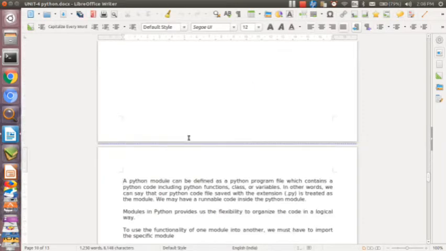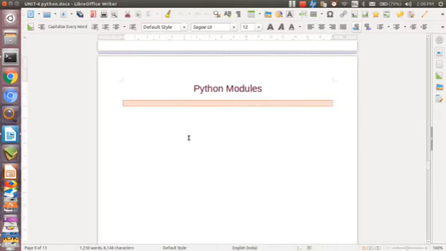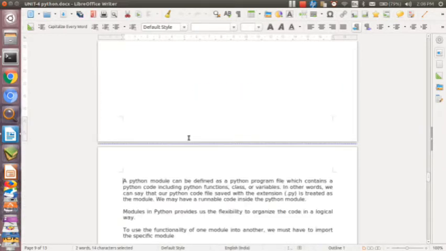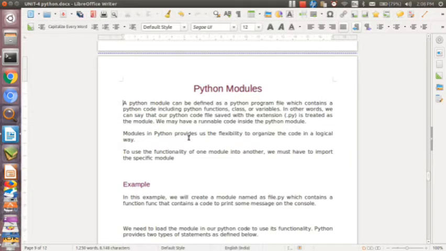So let's first see what a module is. A Python module can be defined as a Python program which contains Python code including Python functions, classes and variables. I have already told you, if it is saved with the extension .py, it's treated as a module.